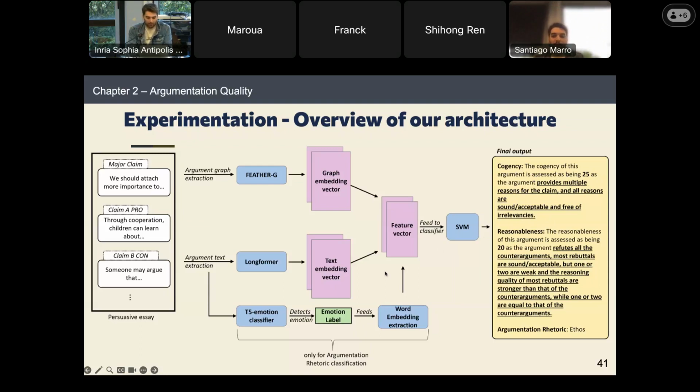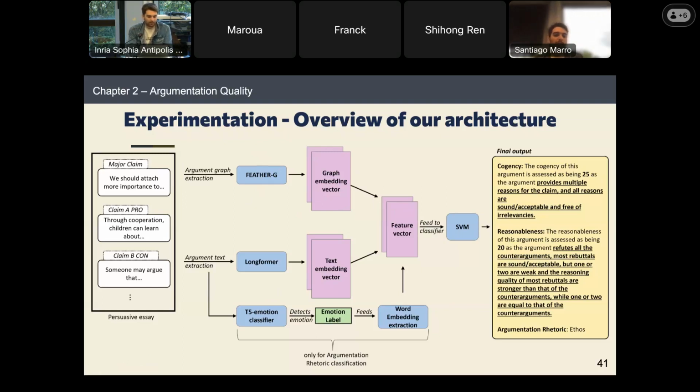Now, for the argumentation rhetoric, you may be thinking that the argument graph part may not be that interesting, and you will be right. When we are trying to assess the argumentation rhetoric of a text, we are focusing on how the text is written and the content of the text. So we don't really care if it's being supported by other premises, or if it's being attacked, or how many premises are supporting this claim, etc. We only focus on the text. So you will see in the results that when we add this graph aspect of the model, it doesn't really help to model the argumentation rhetoric classification.